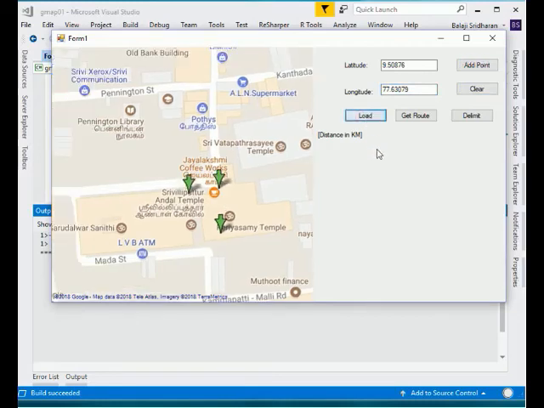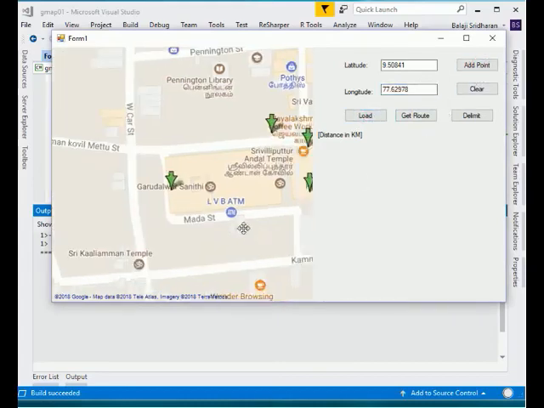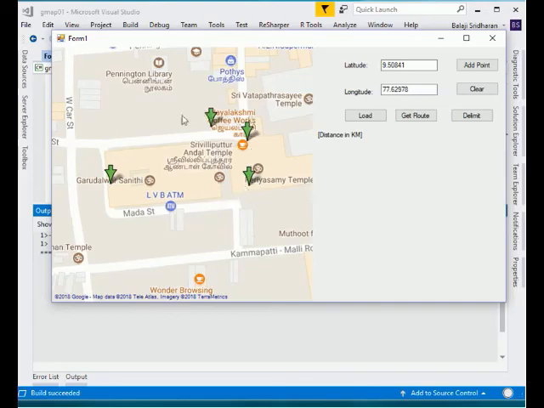It is not necessary to load all the points. For this demo purpose I am loading, but you want to add this to your list of points. Okay, 4th latitude, 4th longitude. So, load, add a point. Now I want to connect all these points by using polygons. So Delimit. Refresh this map. That's all. Now we have created a polygon to mark a particular area of land.